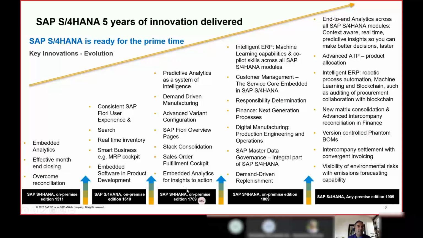For example, an MRP cockpit was introduced in 1610, whereas in 1909 we are now talking about a predictive MRP. When we consider the MRP, the innovation is trying to simplify the MRP, but obviously with the assumption of having an infinite capacity.